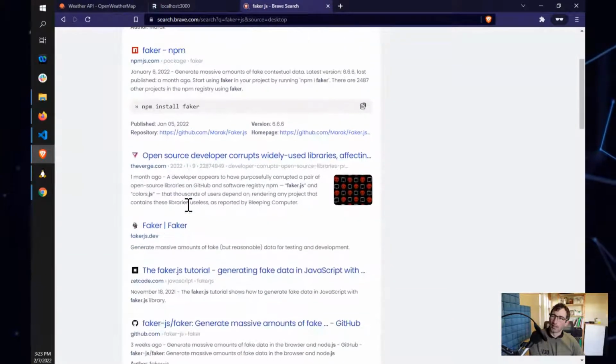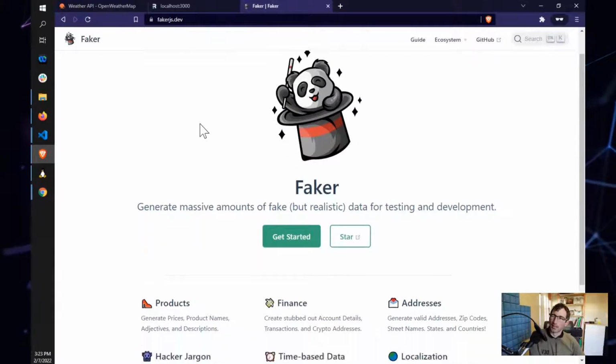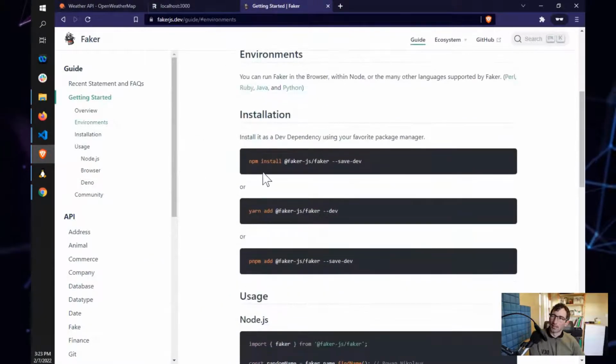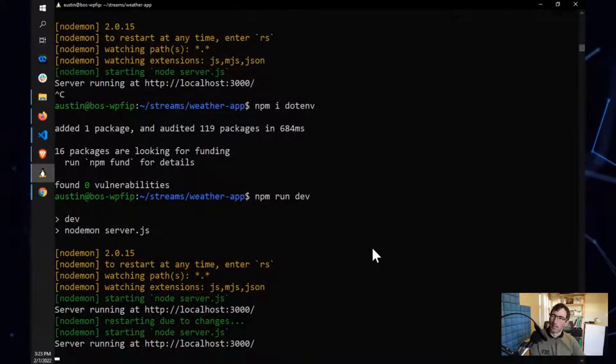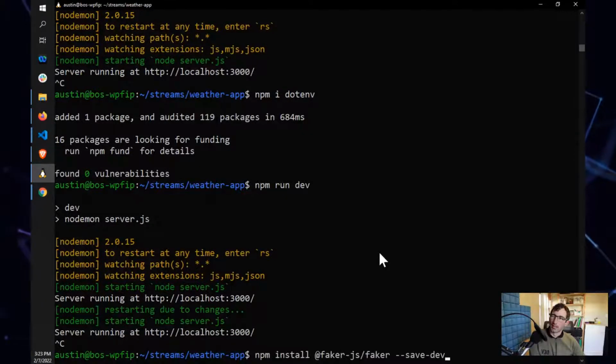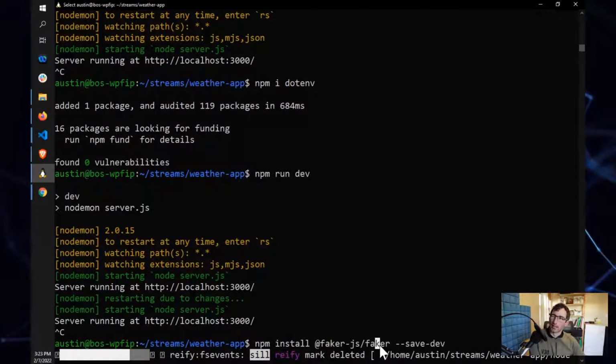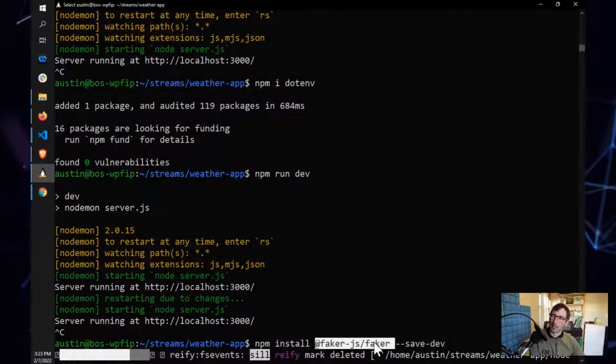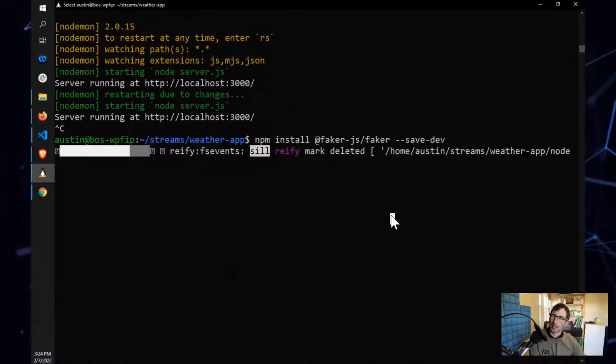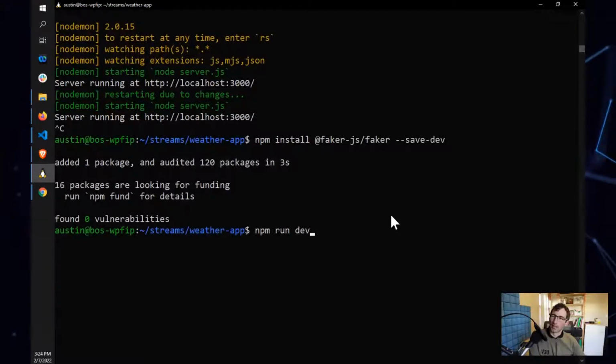I'm going to use a library called faker.js, and we're going to install that. Note that I am using the @faker-js/faker project. That is, as far as I'm aware, the more up-to-date version. There were some interesting things that happened with the project called just Faker, but we won't get into that right away. So now that we've got that,